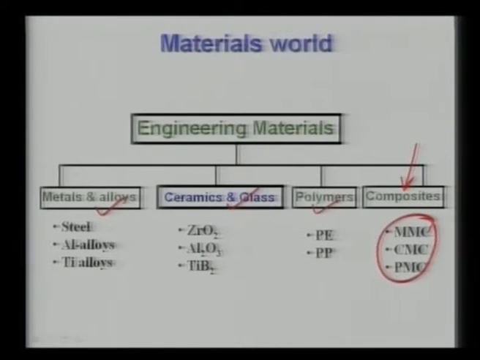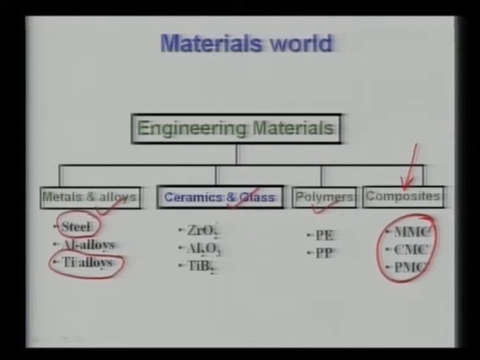Under each category of the primary materials, like metals, ceramics and glasses, I have given some examples. Steel is primarily used as a biomaterial in the Indian scenario, because steel is relatively less expensive, whereas titanium alloys, which are used as the stem of the total hip replacement, are rather costly, because titanium itself is quite costly compared to steel.